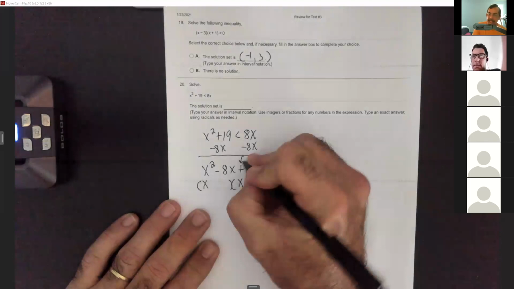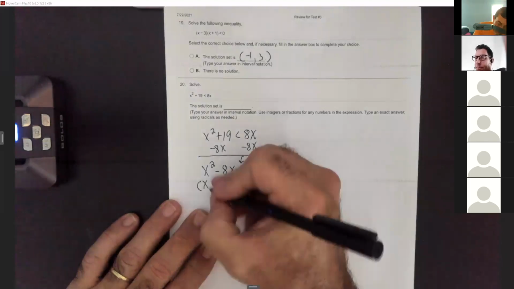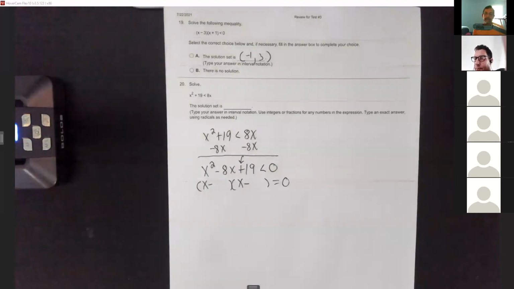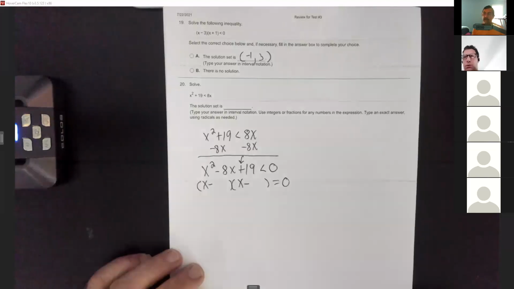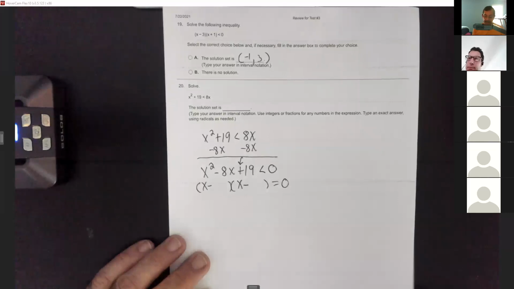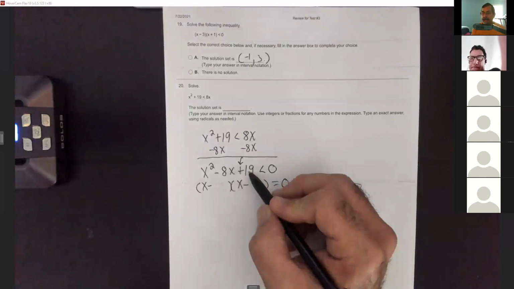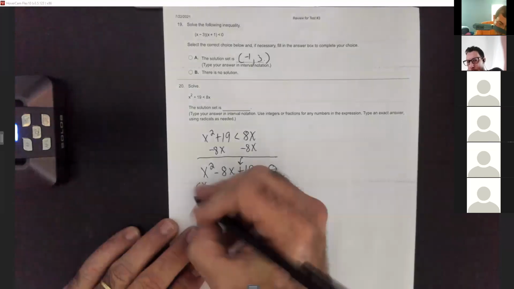Since that 19 is positive, both of these would be negative. So can y'all find me factors of 19 that would add to get an 8? That's probably not happening, is it? No factors of 19 are going to equal 8 because the only factors of 19 are 19 and 1. So this one does not factor,